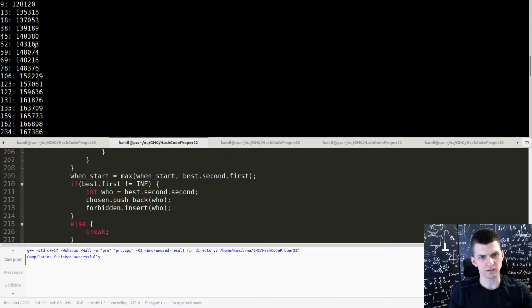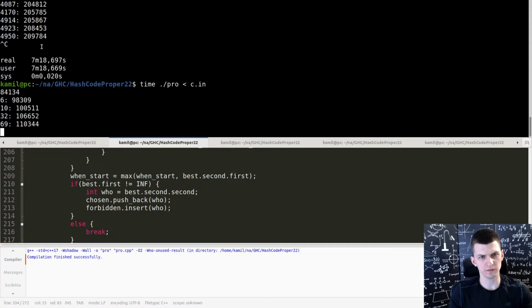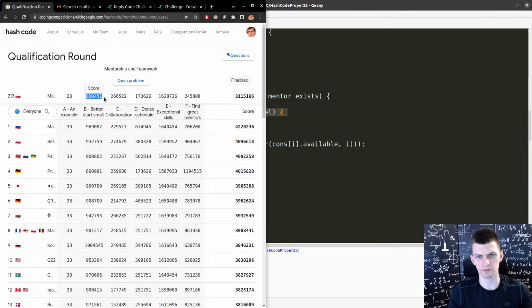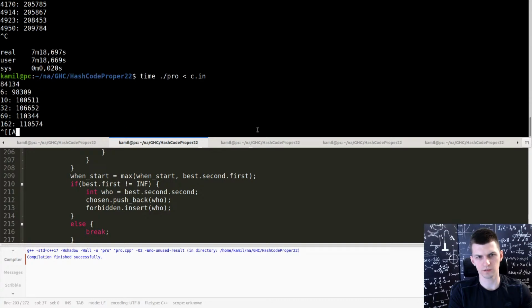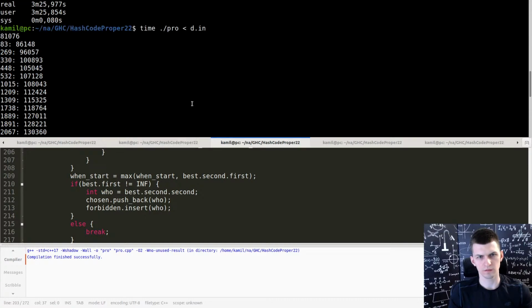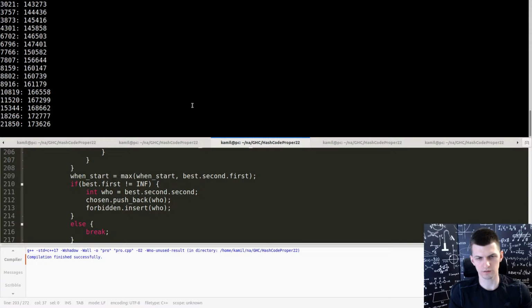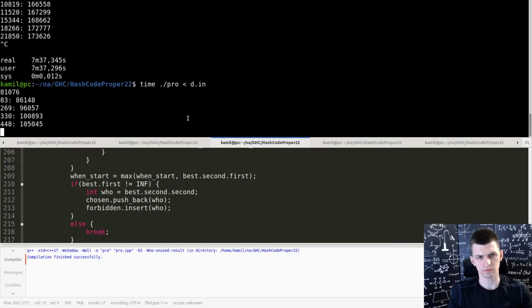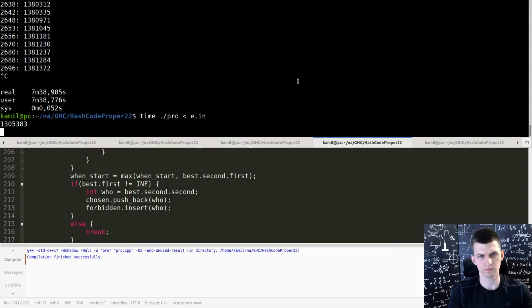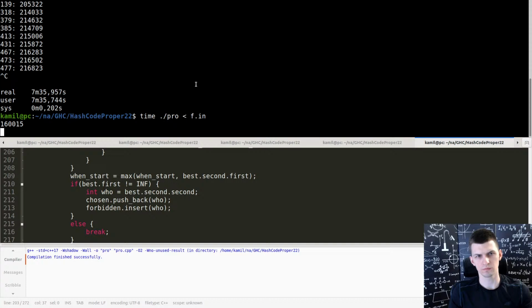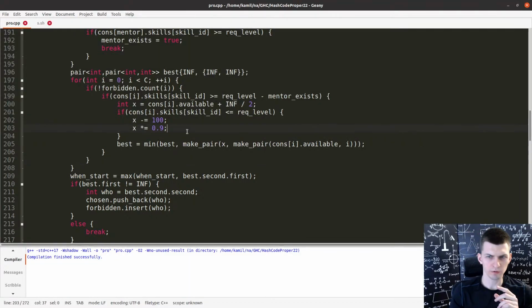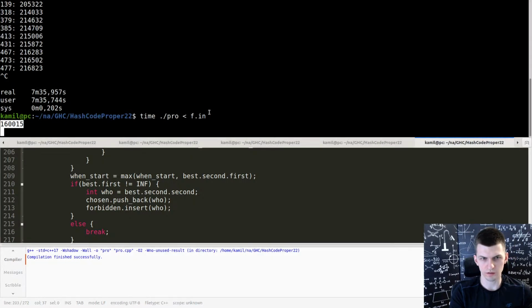In C, there is a big improvement if I leave it to run for a long time. I already have 210,000 in D as well. Why did this decrease so much? Apparently it's bad to reward for being skilled up.